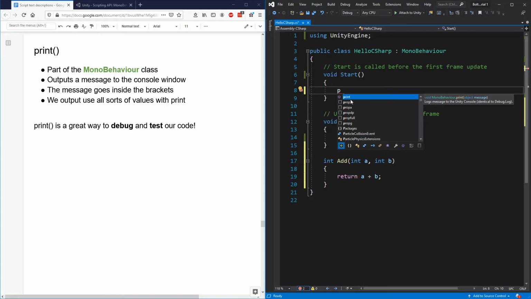So this pop-up window is really handy for typing out code, because you can type something in and Visual Studio will give you anything that's within context of that code at the time. This print statement is part of MonoBehaviour, and it's available to me to use inside of methods from classes that extend from MonoBehaviour. So let's press enter,